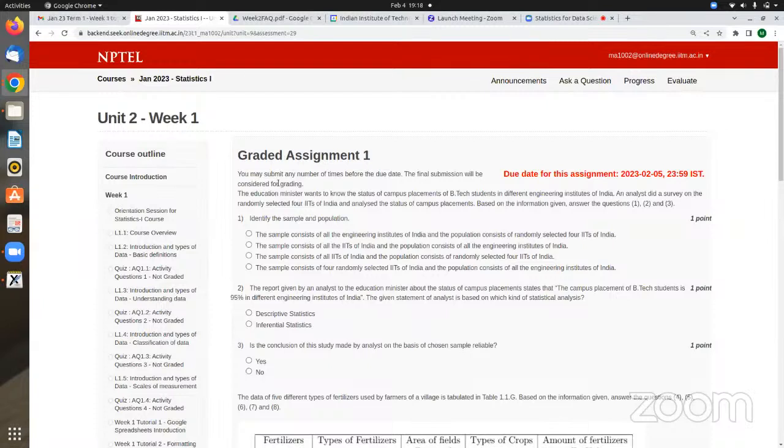Correct. This is true because we were targeting 4 IITs and we got the average of the 4 IITs. So I have all of this data, and based on this data I'm talking about only that sample, or only about that data itself, right? Or I can say that the maximum salary in these 4 IITs is, let's say, 25 lakhs. Or I can say the median salary is around 12 lakhs. So what I'm doing here is I'm just describing the data which is already there. But when I say, based on the placement data of these IITs, I'll say that the average salary of all the engineering institutes